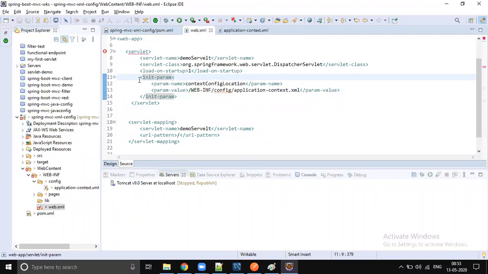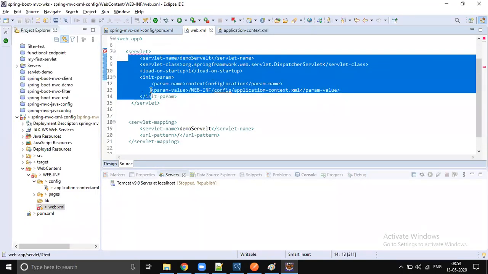2.5. If you are working on any old Spring application, from before Spring Boot came into the market and got popular, there are a few projects, maybe written in 2010 or 2015, where you might see this kind of configuration.